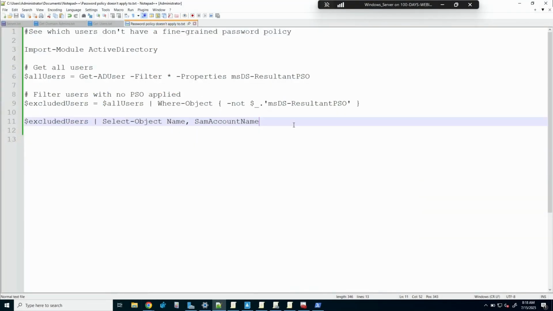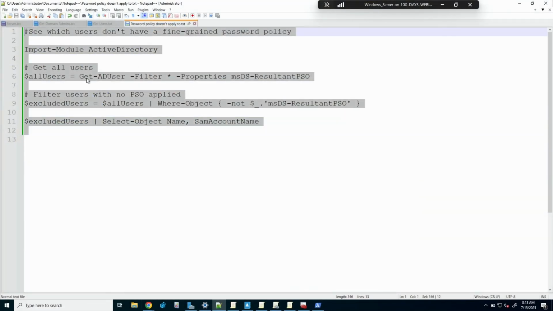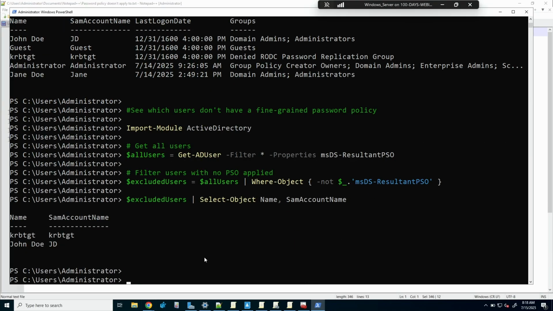Let's go back to here. This one is basically showing you everyone, because one of the things we want to do is make sure that there are no accounts without passwords. And apparently John Doe, who hasn't logged in since 1600, has no password either. Blank password. I'm intrigued to know what this account is here. I'm assuming Kerberos. Oh, Jody has already answered that question, which is the Kerberos ticket granting ticket account.